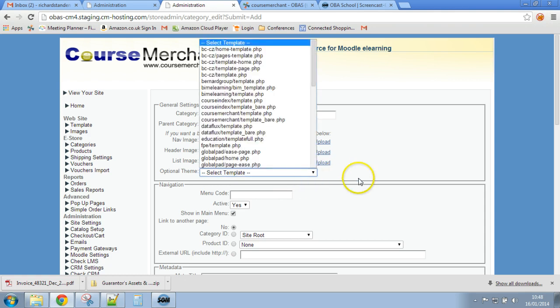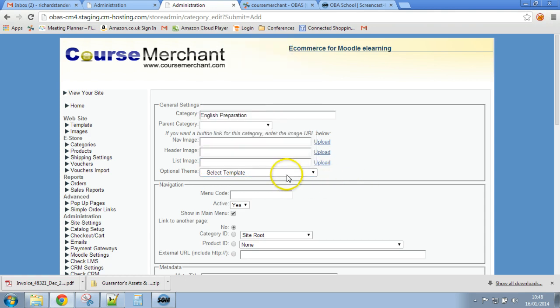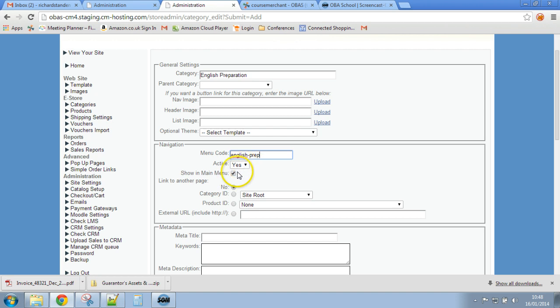And this is where we apply a template, and again we can leave that because otherwise it will default to the main Overschool template, which is what we want. The menu code is again what will appear in the URL, so let's call that English Prep, and it is active, and I do want to show it in the main menu. I don't need to change any more of these,